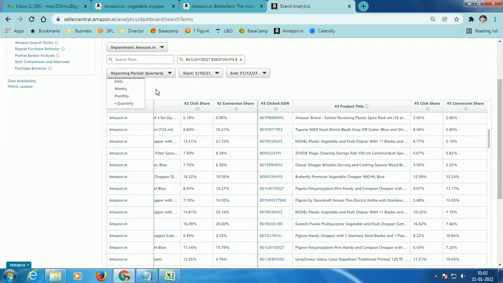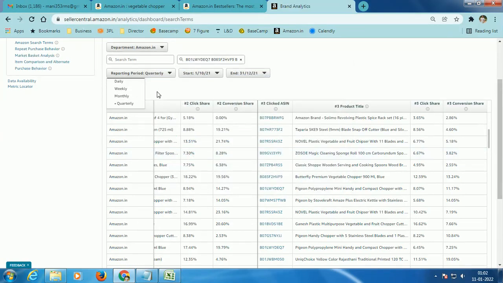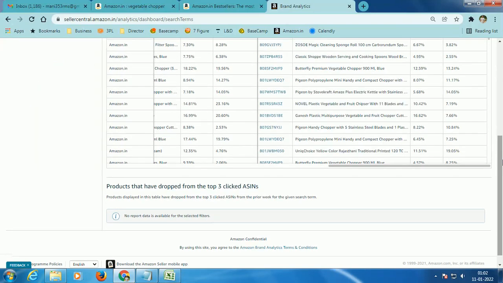The larger the time frame, the better. It is often better to go with quarterly, because you will have more data points and you will be able to see more keywords or search terms. That may not always be true. Sometimes you need to check all the time frames, and wherever you are able to get the most data, you go with that. In our example today, I've selected quarterly data, and with it I was able to fetch all these results from Amazon.